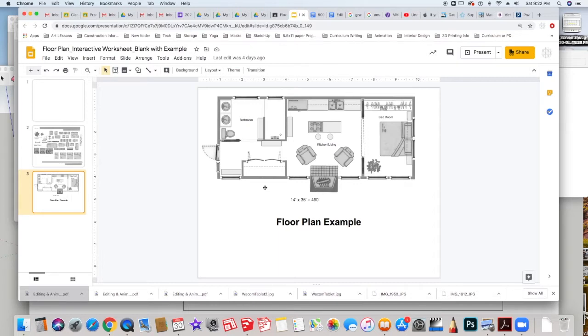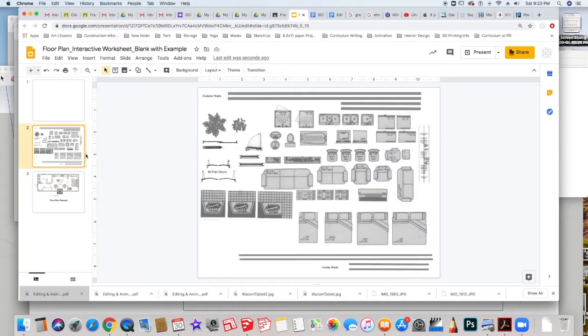All of these pieces here are interactive, meaning that you can highlight them and move them. You can rotate them. That's true of everything on this worksheet. The main part of the worksheet, which is here on the left, is a blank sheet, and then also a sheet with individual things for you to arrange onto the blank sheet. We have outside walls, which represent 6 inches thick, and we have some inside walls that represent 5 inches thick.